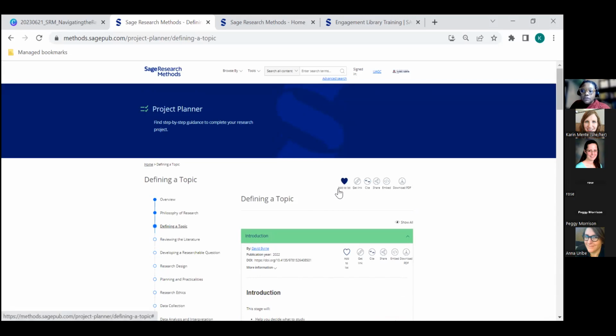You've probably noticed a few icons just on the different pages. We have add to list, get a link, cite, share, embed, and download PDF. I'll talk about these icons now, but you'll see them across the SAGE Research Methods platform for all the content pieces, so that we'll know, well, what do we do when we see something on the platform that we want to use? I'll skip add to list for now, but every piece of content has a permalink associated with it